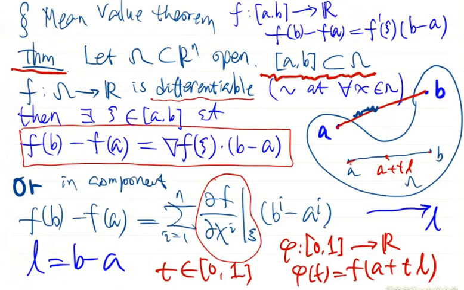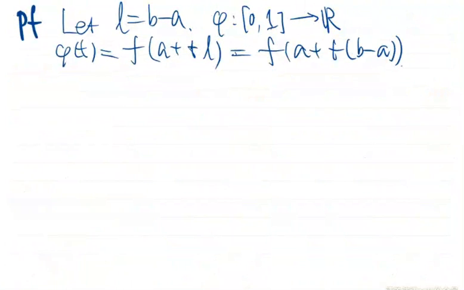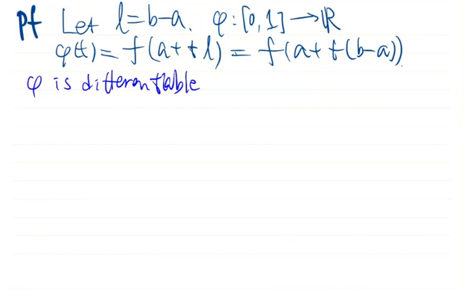since f is differentiable, we see that phi is differentiable on this closed interval. Why? Because for any t in this interval,